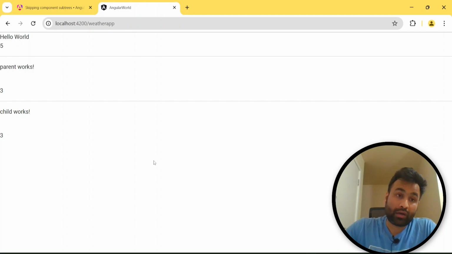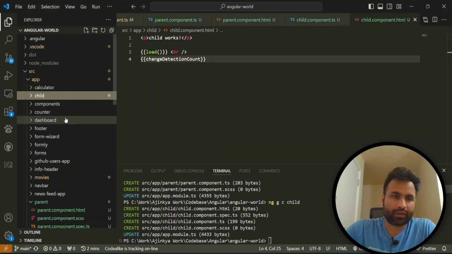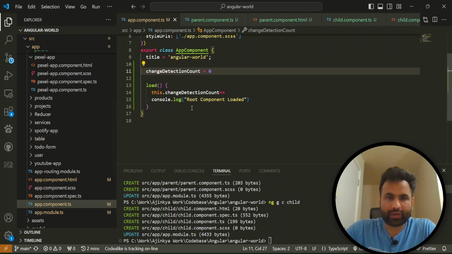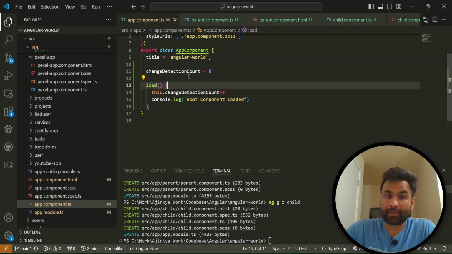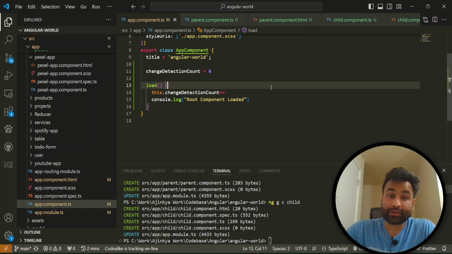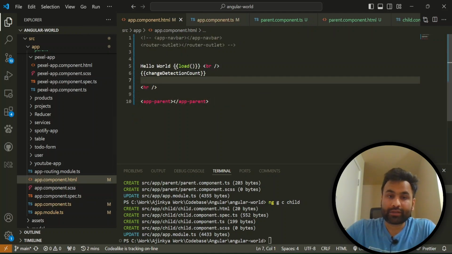So I'm not sure why it is loading so many times, and obviously it is not a good option. It is not a good optimization, your application should not get loaded like this. So what we have done is, in the app component, we have defined a load function, and then this is a normal variable count, and this gets increased whenever the template is loaded. Actually this is not a standard practice, it is not a best practice to call the function on the template, but